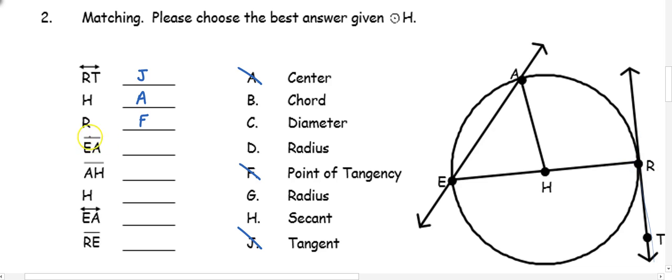EA. Now notice EA has a segment, so it's talking about starting at A, ending at E. So this would be a chord because it starts and stops on the circle. AH starts at the center and goes to the circle, so this would be our radius. H, we already said, was our center again. EA